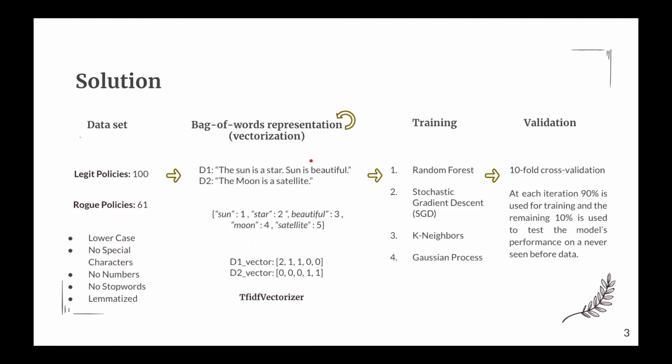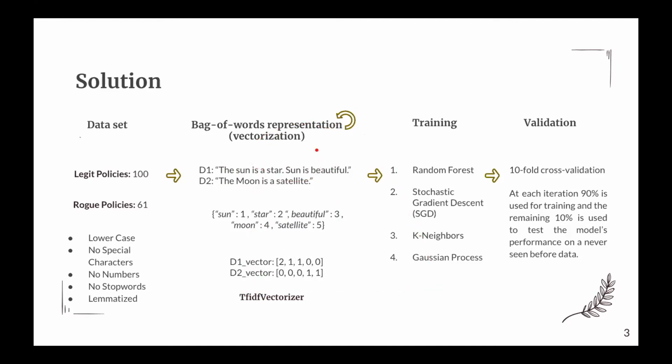The second step that we did was trying to translate this natural language into something that was understandable for a computer. In order to do that, we use the bag of words representation. There's a short example of what we could do here. We would grab two documents, create a dictionary, and from this dictionary, now we're able to represent our documents as vectors. Because we did everything in Python, we use the TF-IDF vectorizer that comes with the scikit-learn libraries.